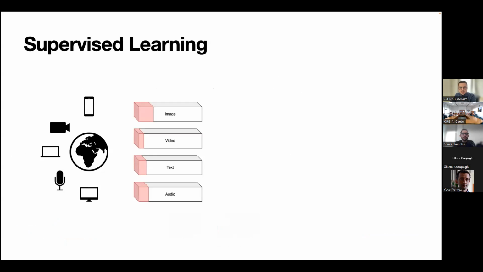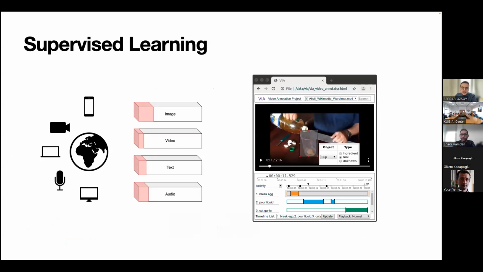Today in our world, an enormous amount of data is produced by different sources. In supervised learning, we can only use a small fragment of this produced data, because there is a need to label the dataset to use it. However, this task is usually expensive in terms of time, effort, and so cost.